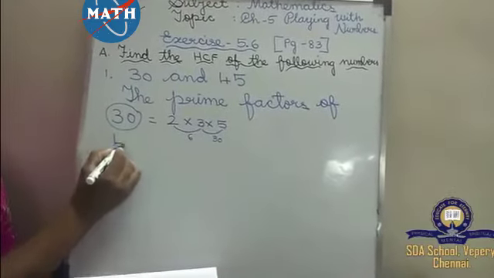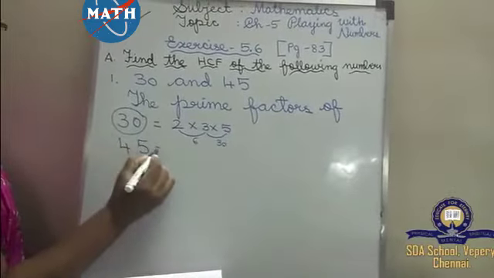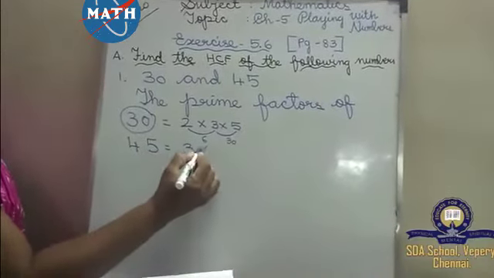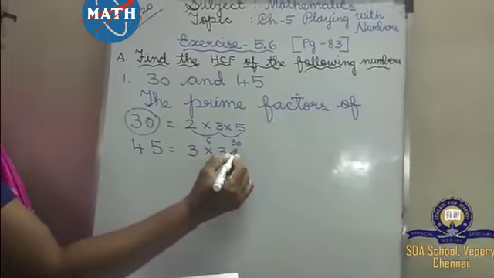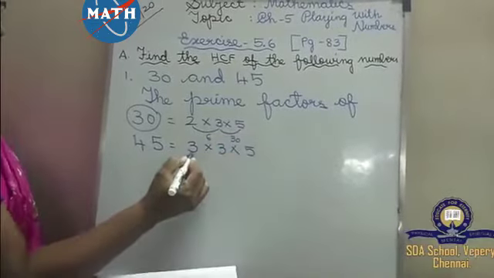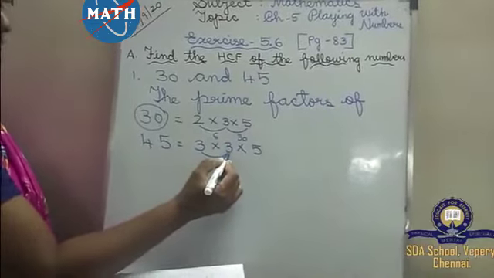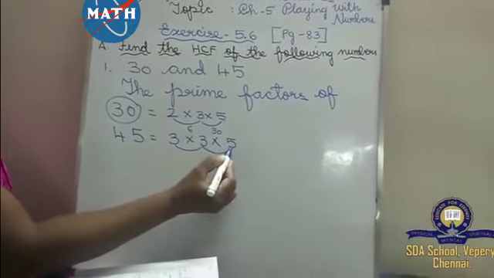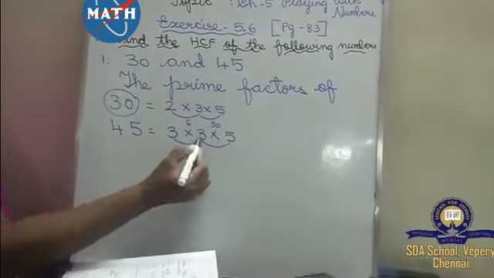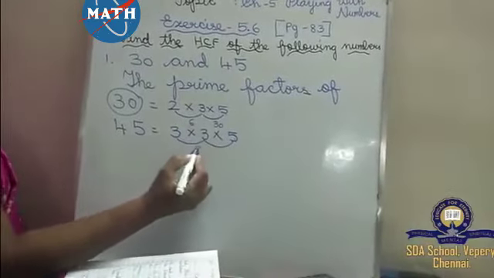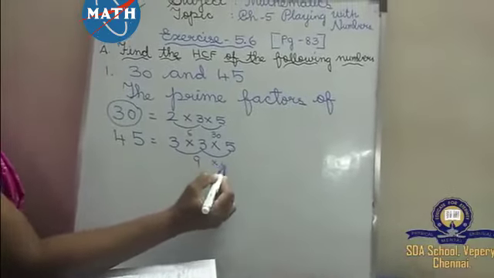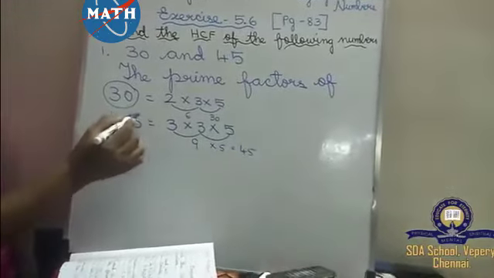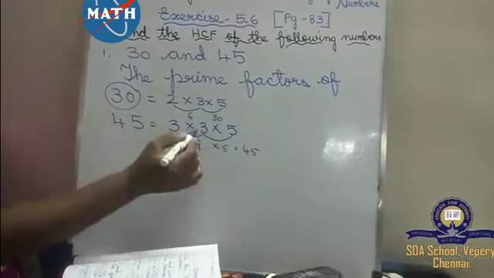Likewise, you have to see for 45. So in 45, what will come? It goes in the 3 table and then again the 3 table and then the 5 table. See, 3 3s are 9 and 9 5s are 45. These are also prime numbers. Understood children? So likewise only you have to find out. The answer should come here.